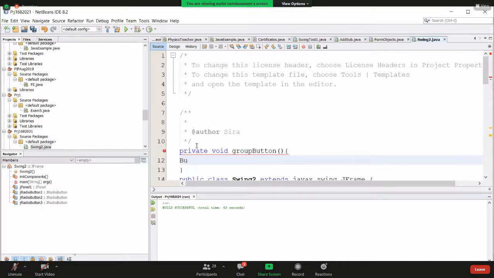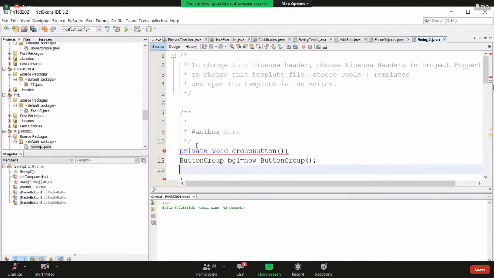Then we will create an object from the button group. Actual ButtonGroup is a class.